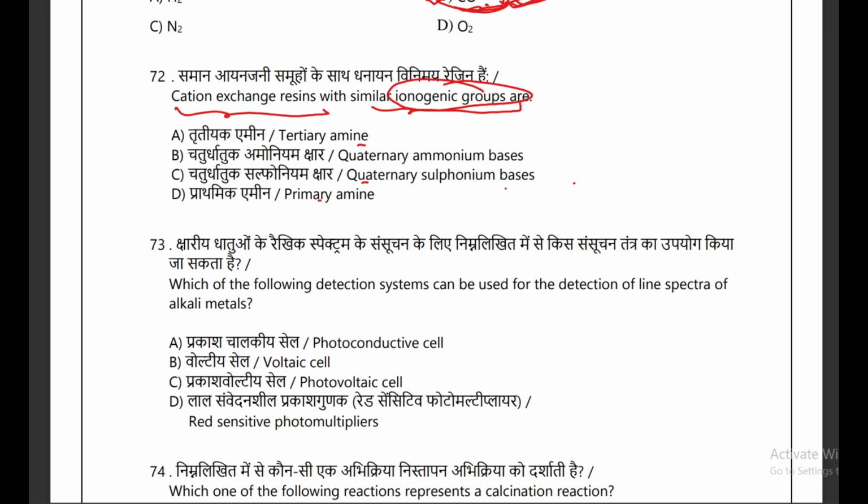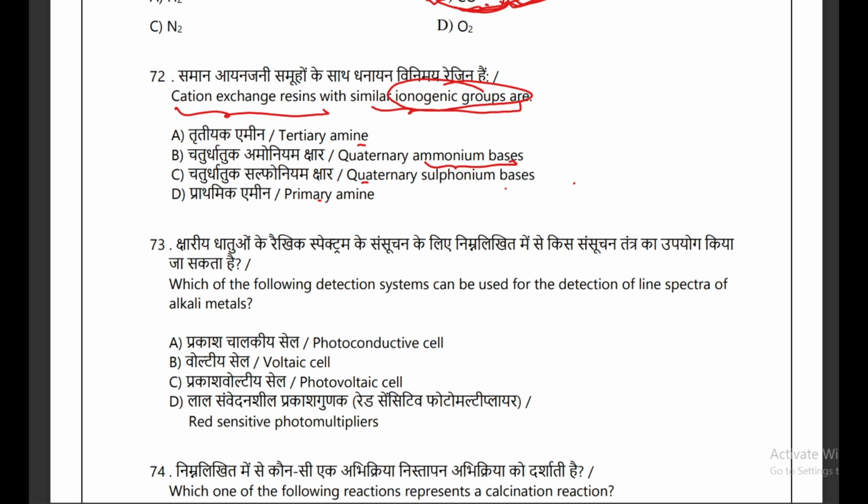So if you look at the A, B and D options, in these three options they are providing you basically an amine skeleton. And you know that amines are basic in nature, and less acidic, so in the case of amines or ammonium bases, there is a difficult exchange